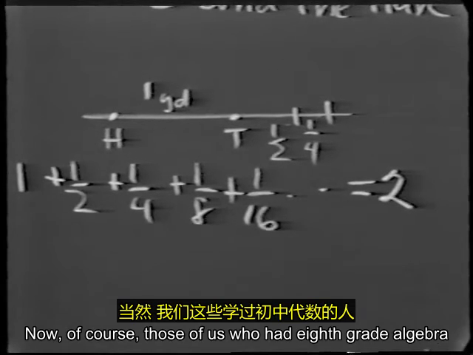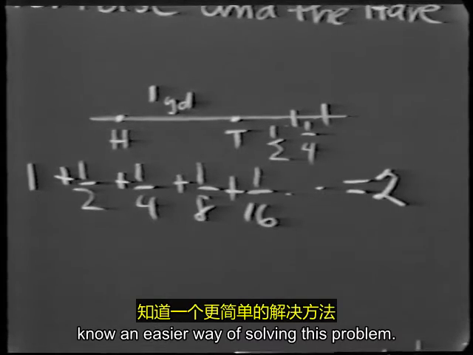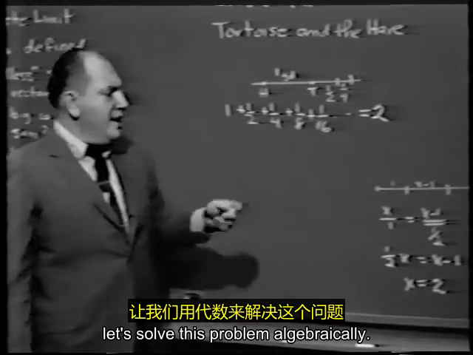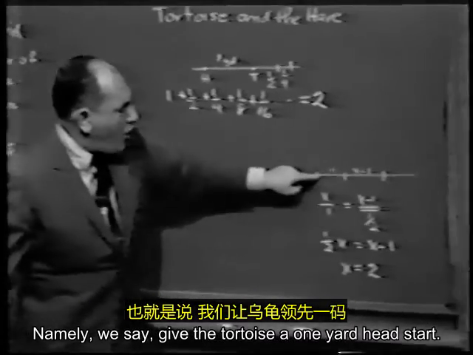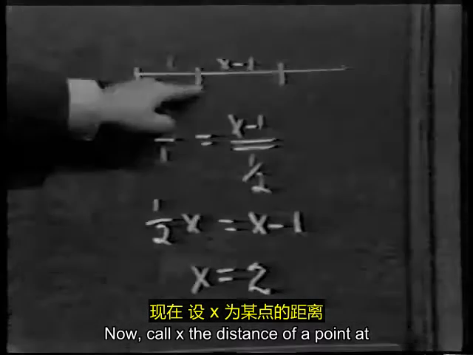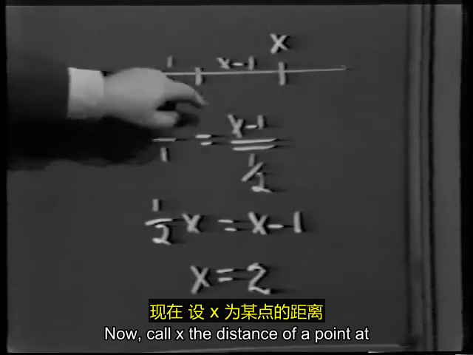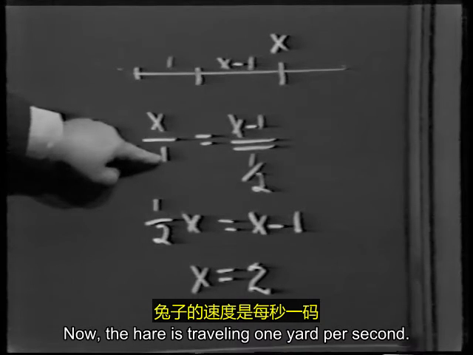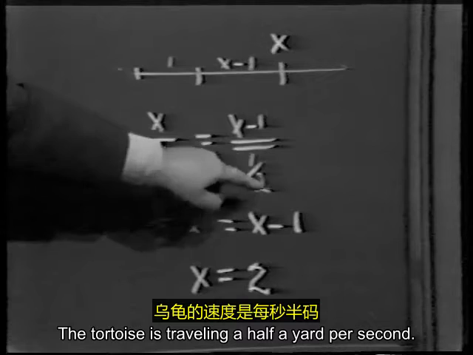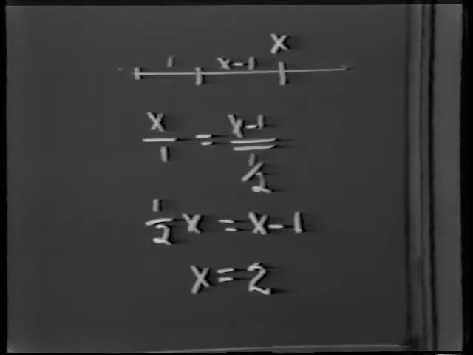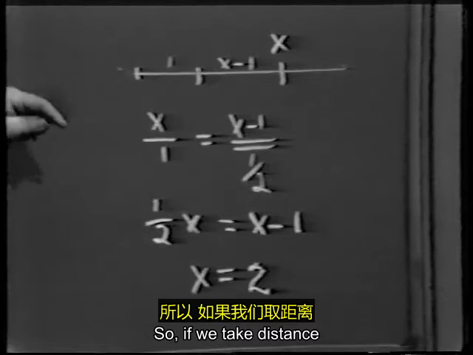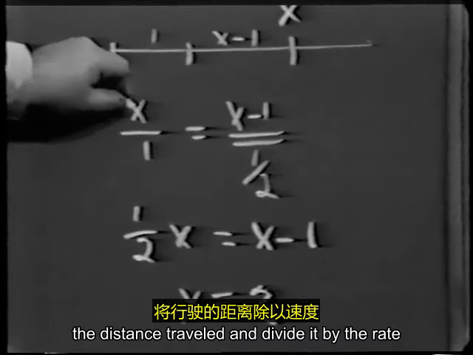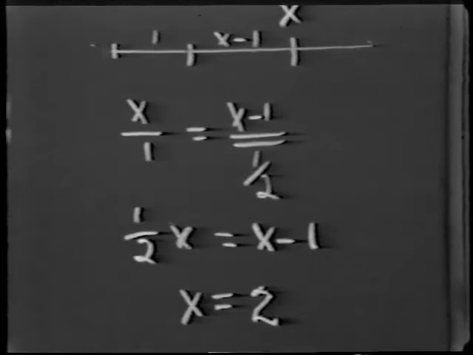Now, of course, those of us who had 8th grade algebra know an easier way of solving this problem. We say, let's solve this problem algebraically. Namely, we say, give the tortoise a 1 yard head start. Now, call x the distance or the point at which the hare catches the tortoise. Now, the hare is traveling 1 yard per second. The tortoise is traveling a 1/2 yard per second. Okay? So, if we take the distance traveled, and divide it by the rate,